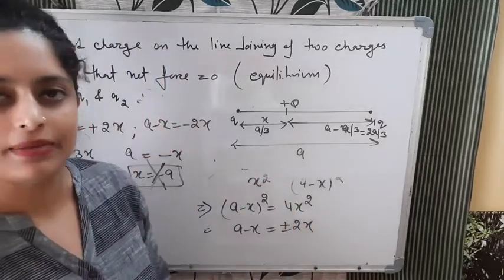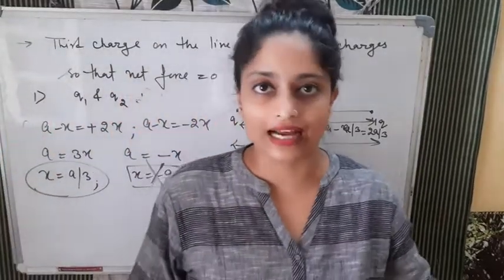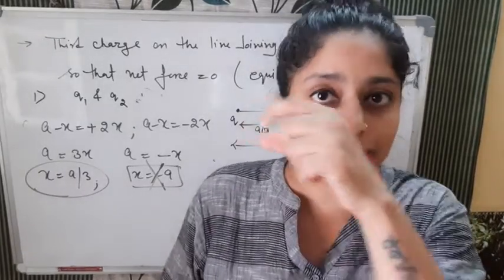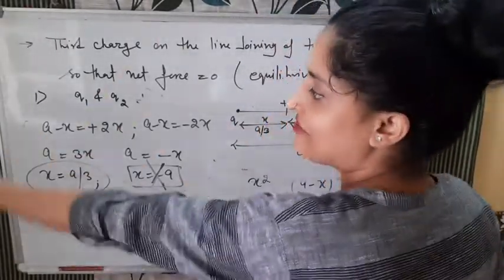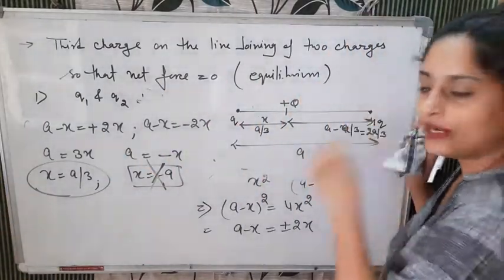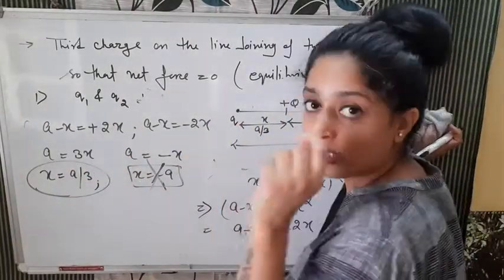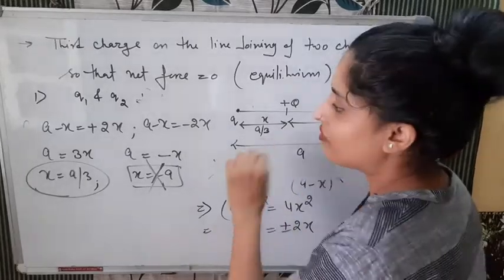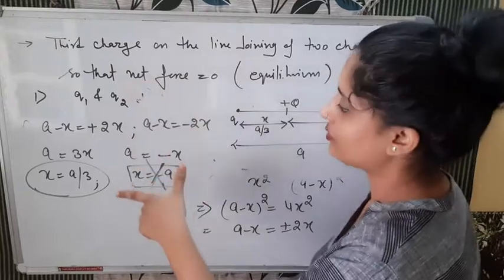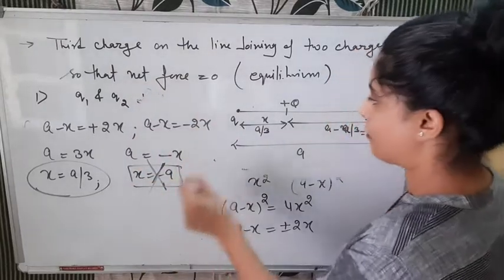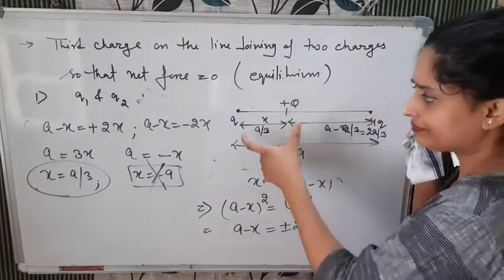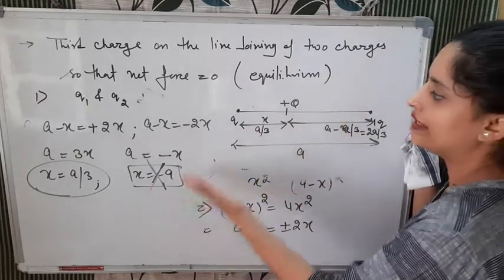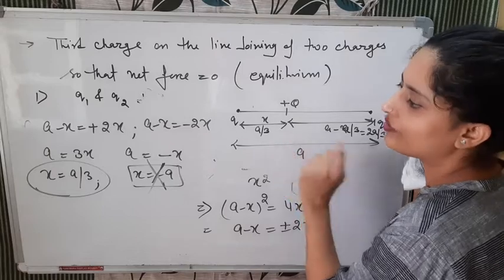So always remember, when two charges are of the same kind, then the third charge you will put in between somewhere. You will not put it on the left side of the charges or on the right side. It will be somewhere in the middle, between them. It will not be at the midpoint, this thing you also have to remember. It will be somewhere between the two charges. You need to take that point. Consider that distance x. Consider the next distance A minus X, and then you will calculate the two forces on that charge, and then you will get your result.